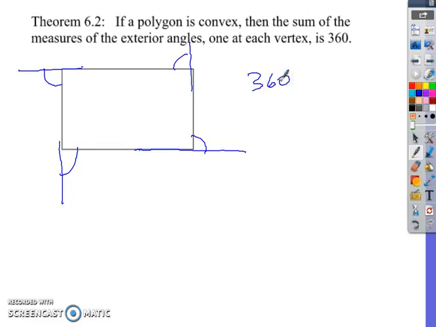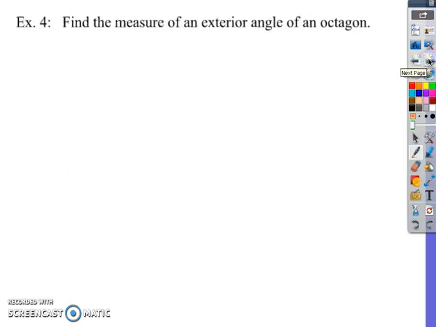That is true for every polygon, if it's convex. And so, find the measures of the exterior angles of an octagon. What we're going to do is take 360 and divide by n. And so in this case, since n is 8, we're going to do 360 divided by 8, and that is going to give us